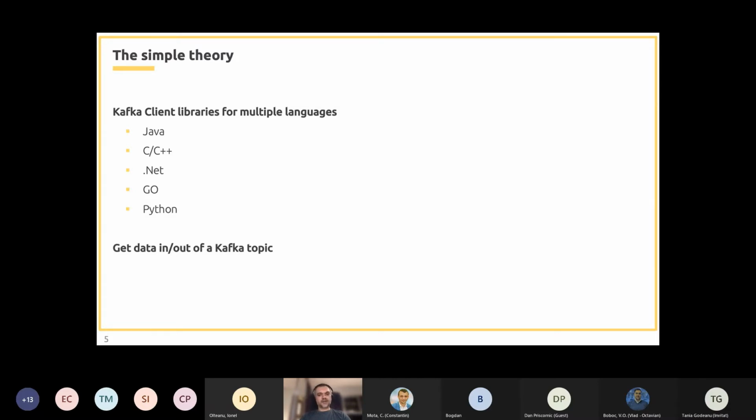We configure the Kafka client, and we just get our data in and out of Kafka.